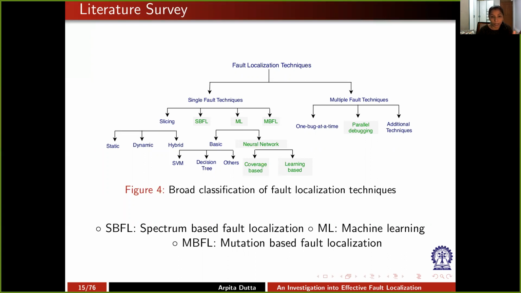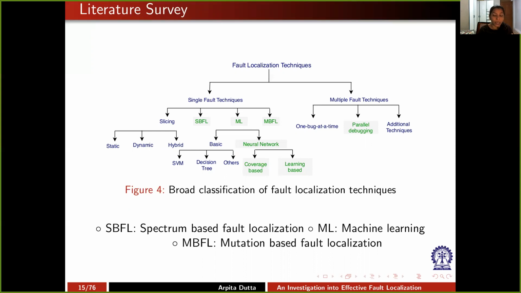classes, like using the basic machine learning methods like SVM, decision trees and all. And the second one is the neural network based methods in which they have used different BPNN, RBFNN, CNN, DNN methods, and those are also divided into two categories, like only coverage based methods or further learning of those coverage based result methods. And here the multiple fault localization techniques are divided into basically three categories, like one bug at